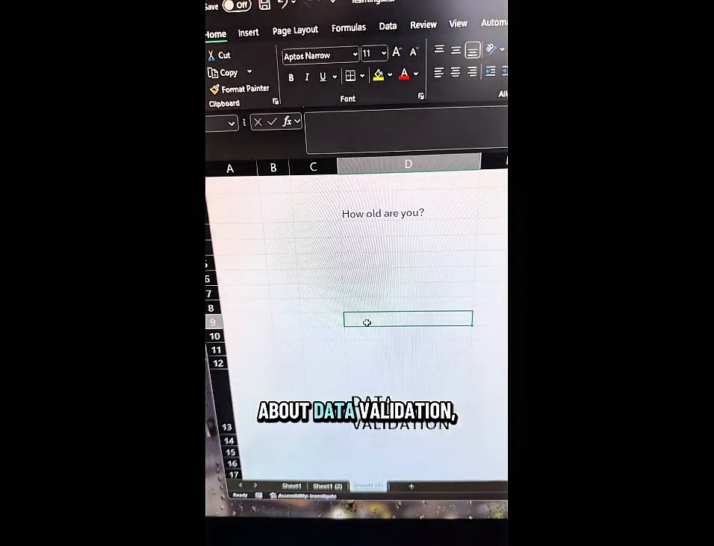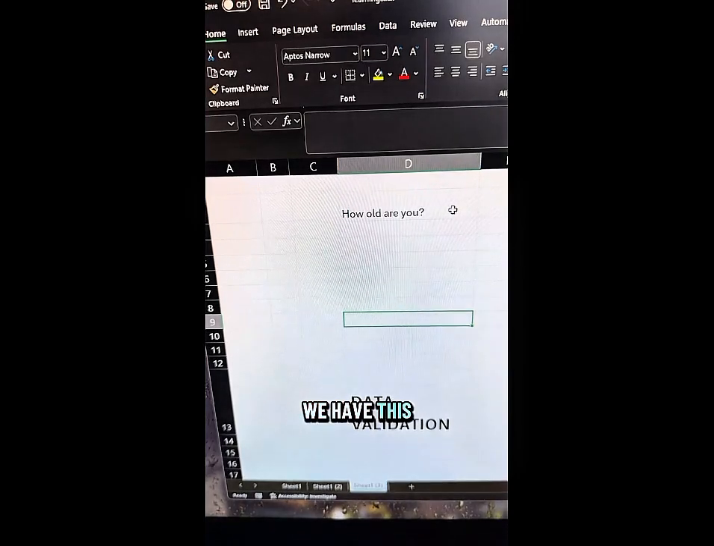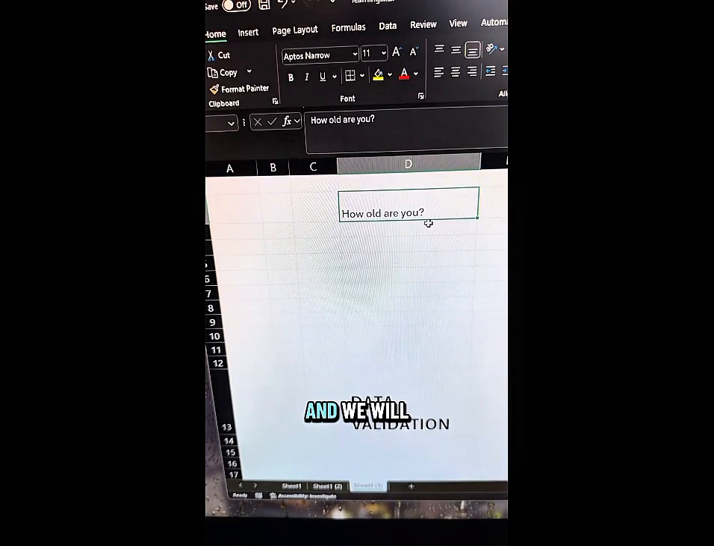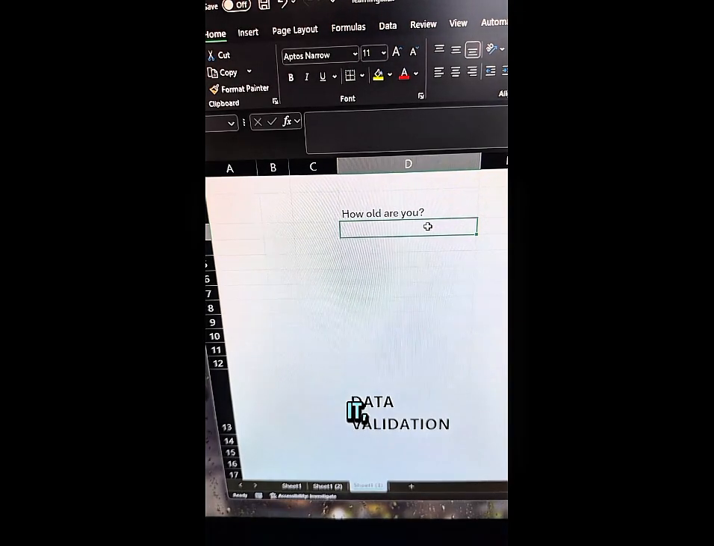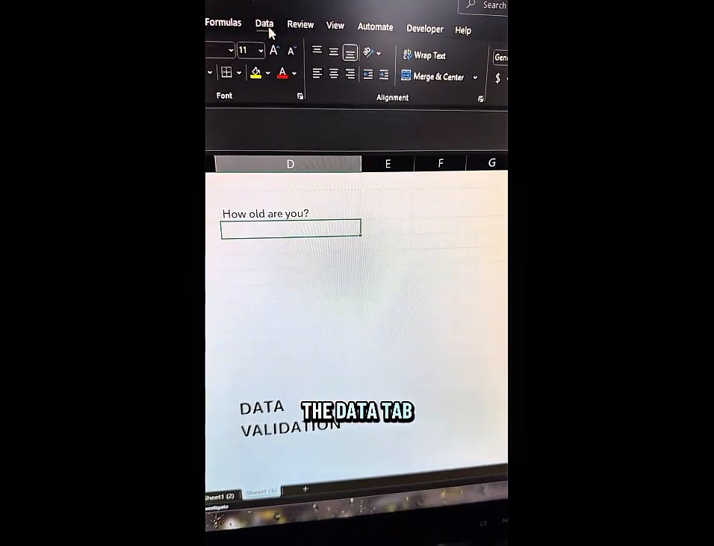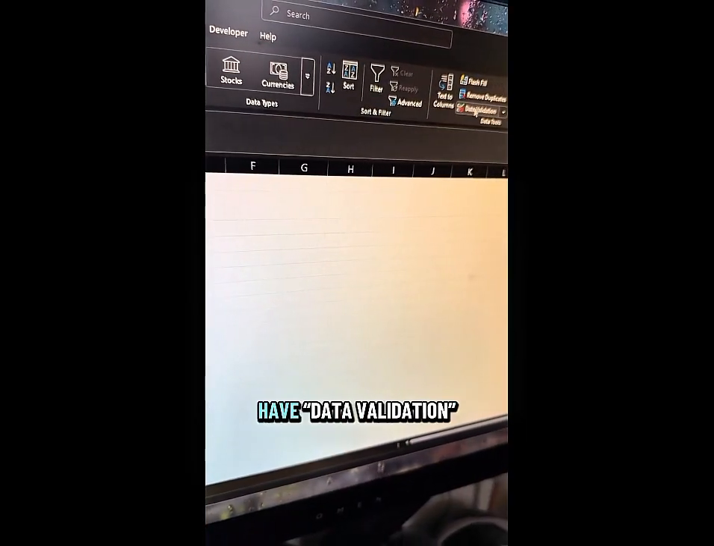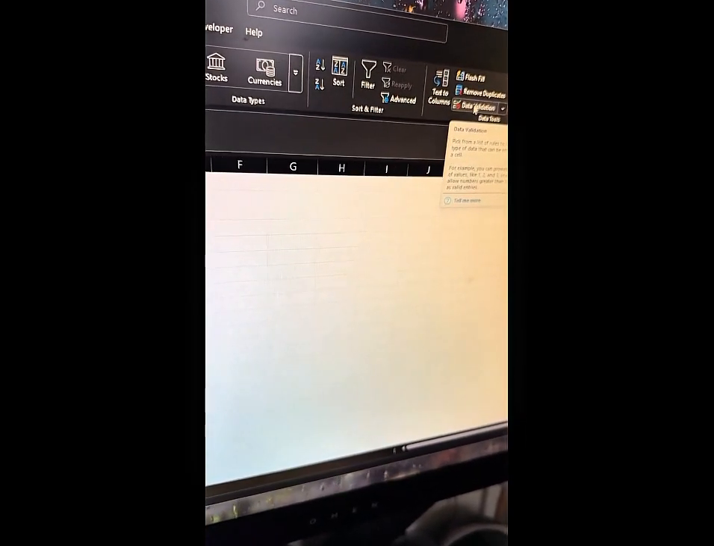We're talking about data validation, which is basically a way to make sure that specific cells are getting the appropriate data input into them, right? So for example, we have this question of how old are you? And we will want to put data into this cell right below it. So we will go to the data tab, and all the way to the right over here we have data validation, right? And I'll click that